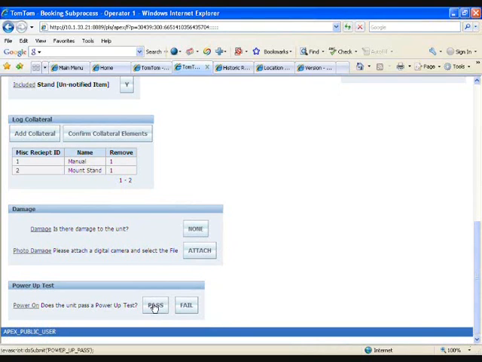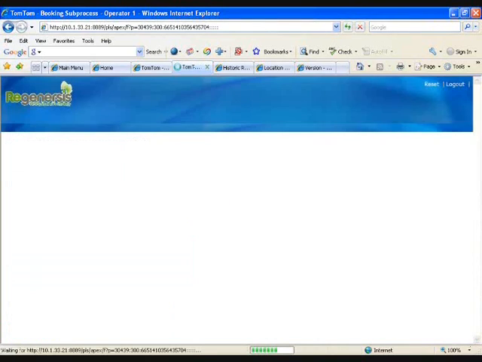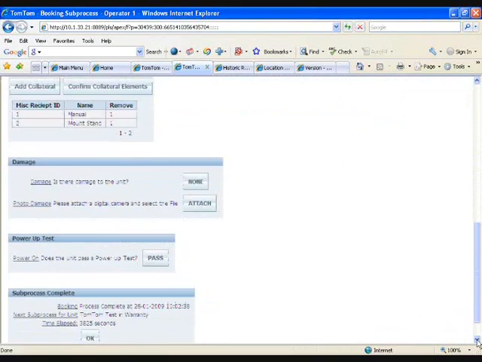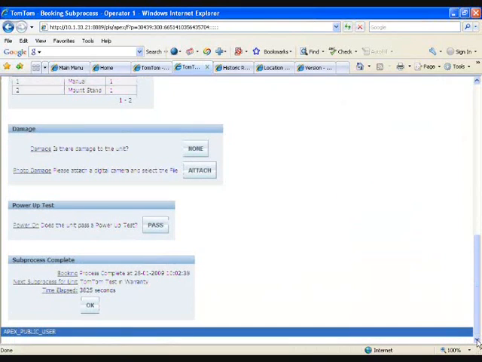So if we then get right through to this, we then ask the question around, in terms of this process flow, whether it passes the power-up test. So this will actually do as part of the demonstration to you today, and we'll see that it has passed, it's been booked, the process is complete, and the next sub-process for the